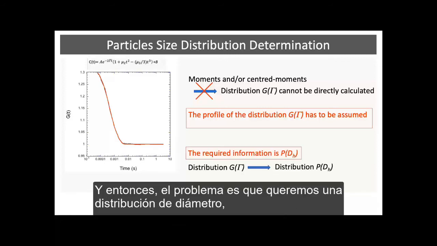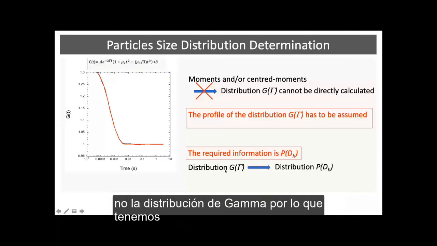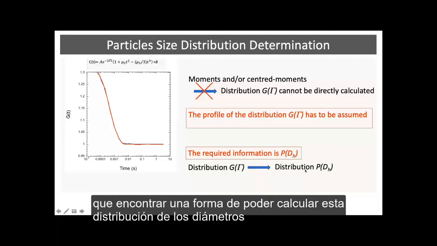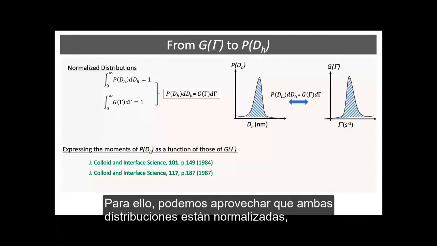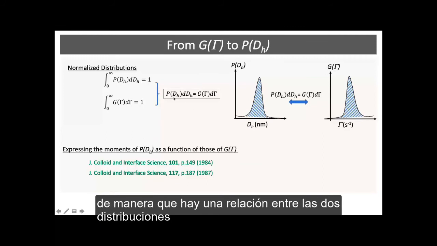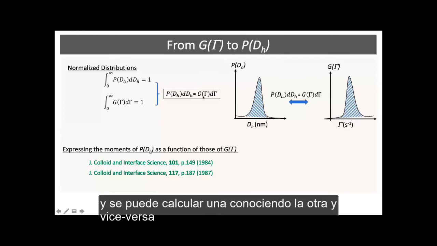And then the problem is that we want the distribution of the diameter, not the distribution of gamma. So we have to find a way to calculate this distribution of the diameters from the one of the decay rates. And to do this, we can either take advantage of the fact that both distributions are normalized, so that you have a relationship between the two distributions, and you can calculate one knowing the other and